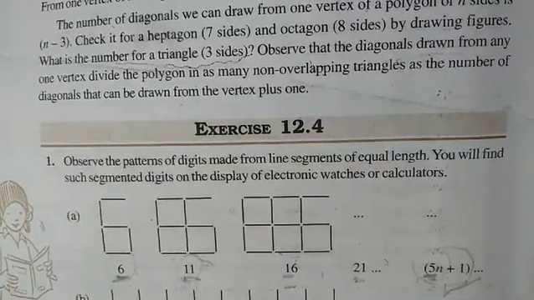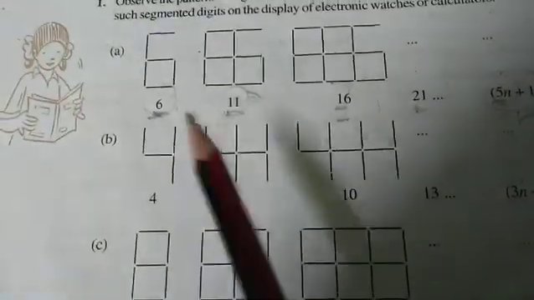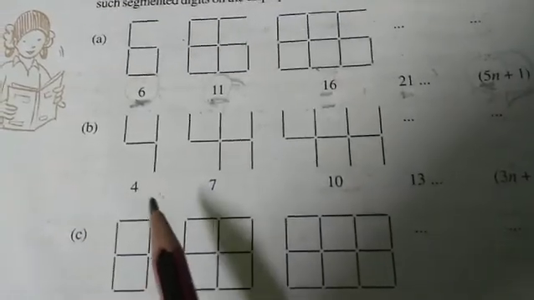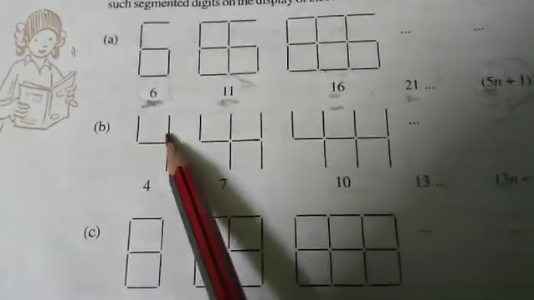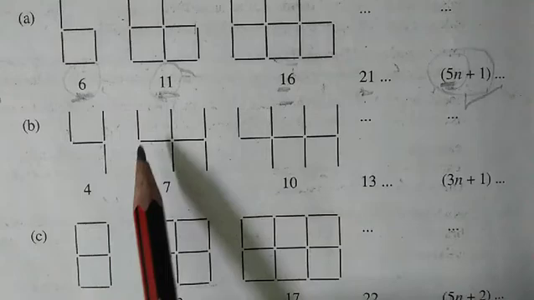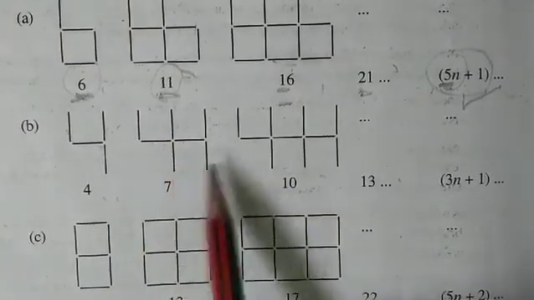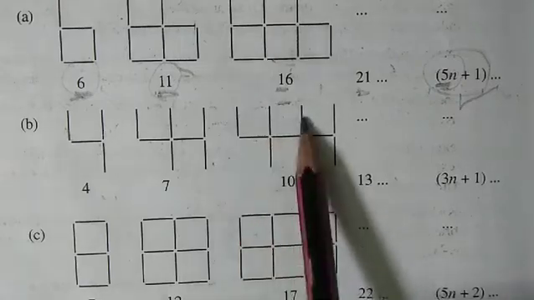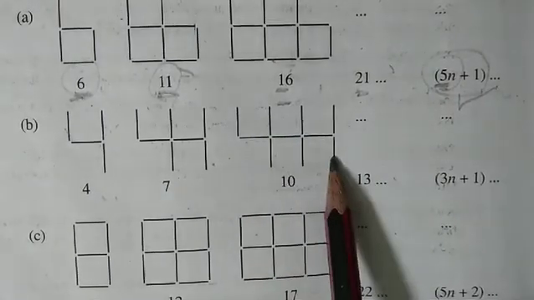Okay, now come to the next one. So this is given to be 4, 7, 10, 13. Okay, and you have to write the general pattern, or you can say general algebraic expression. Here are 4 line segments that are 1, 2, 3, 4. So there are 4 line segments. Okay, and in this figure there are 7 line segments as 1, 2, 3, 4, 5, 6, 7. Okay, and in this figure we have, this figure is made up of 1, 2, 3, 4, 5, 6, 7, 8, 9, 10 line segments.